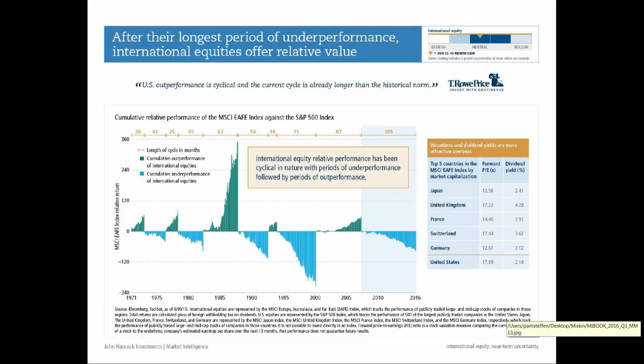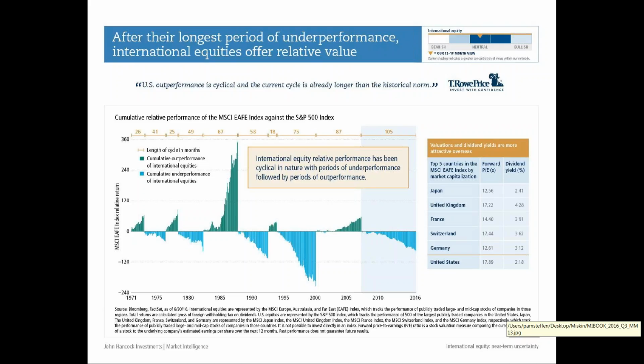Then you take this cycle, and the U.S. equity market's outperforming again. So the light blue, meaning that U.S. is outperforming EAFE. And what has happened is now it's the longest period in history. So we're looking at a reversion opportunity. It's been 105 months of underperformance of international equities relative to U.S. equities. And that just doesn't seem, if you look at history, to happen forever. These things happen in cycles, markets happen in cycles, and eventually international equities are going to revert.